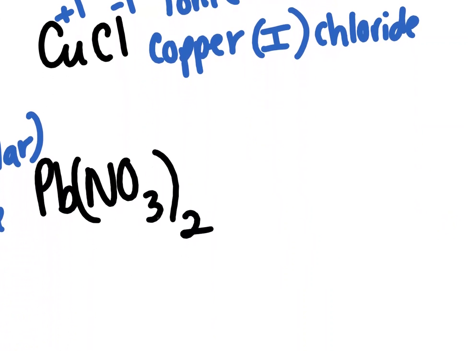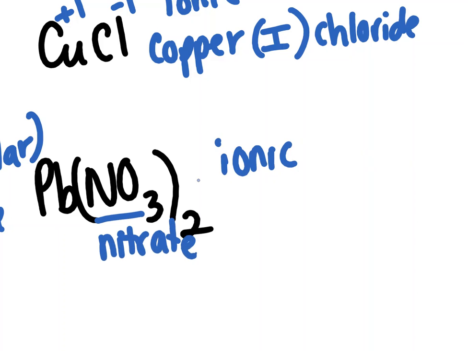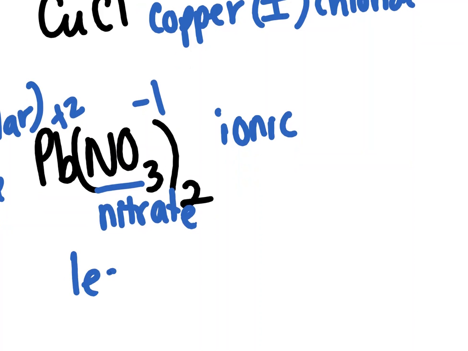Again, a metal, and this one's a polyatomic ion. So I need to figure out the charge, so it's ionic. Need to figure out the charge on the lead. So let's look up, this is polyatomic ion, this is nitrate. And its charge is -1. So then, since there's 2 of these -1s, this lead must be +2 to make it neutral. So then I do the name, metal first, metal's always first, its charge, the last name, I name the polyatomic ion,